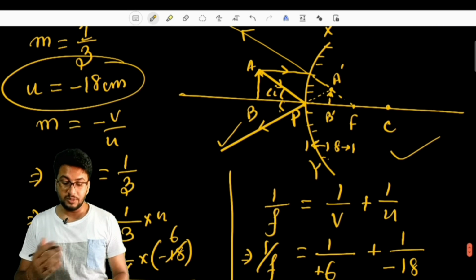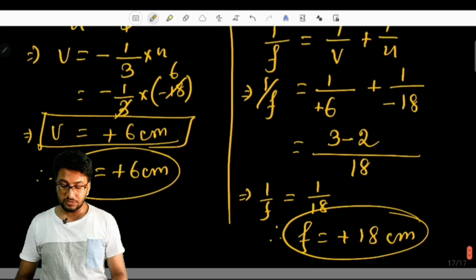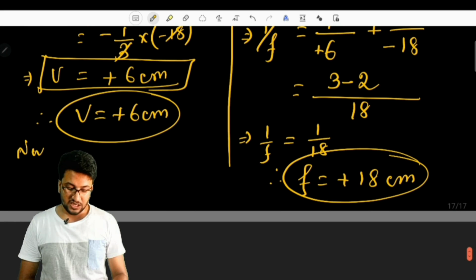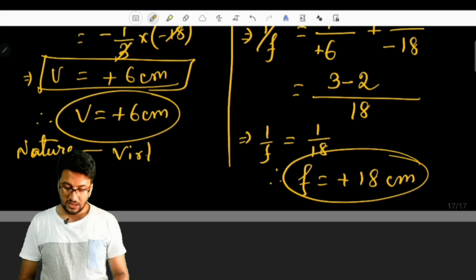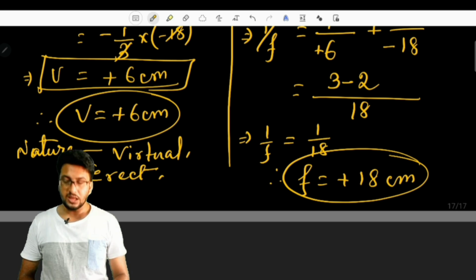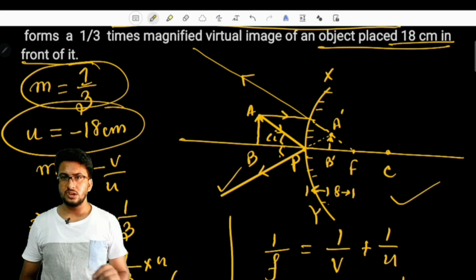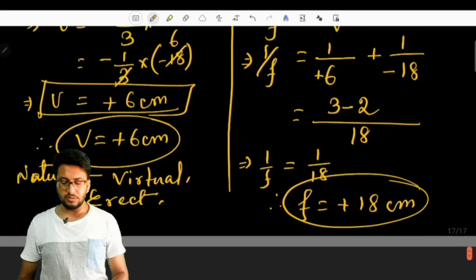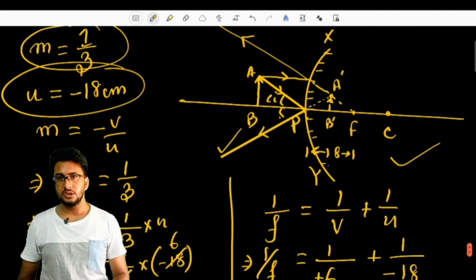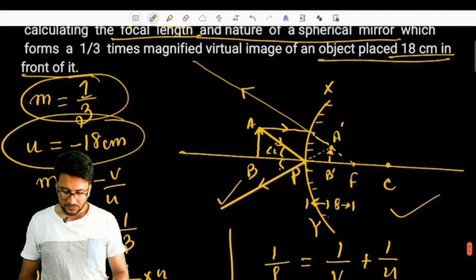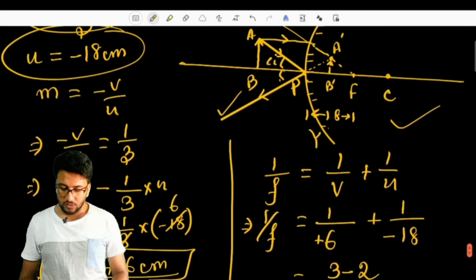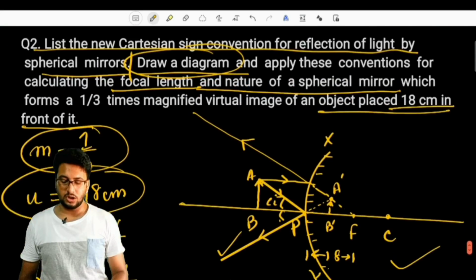Physics will be there when you say that the virtual image is formed in such a case. What will be the nature of the image? In such a case, the nature of the image for this numerical will be virtual, as it is seen, and it will be erect. And it is already said that the magnification is 1/3, which means the image is diminished. So this will be our nature and size of the image. These things we have made clear, so you put your intelligence to define them.